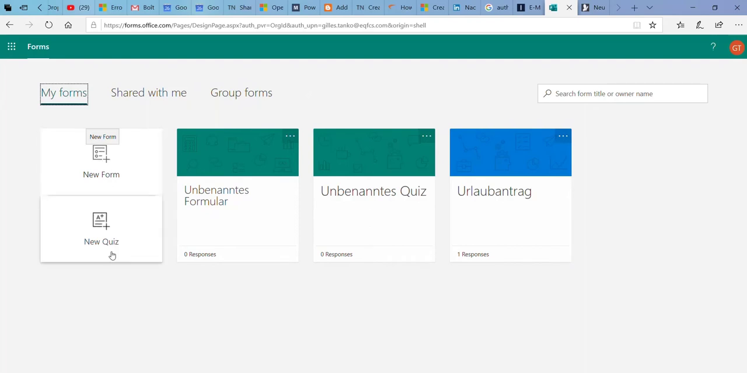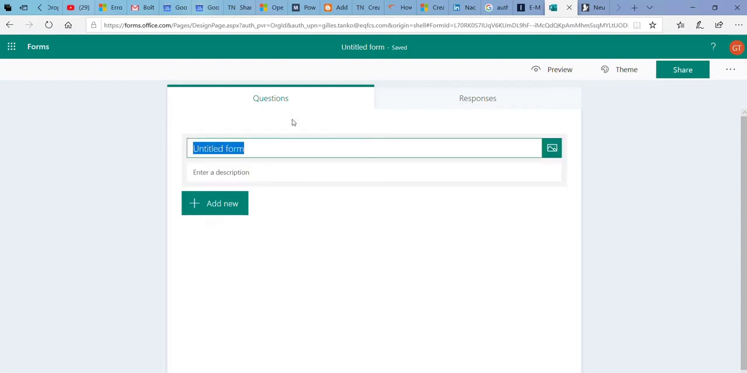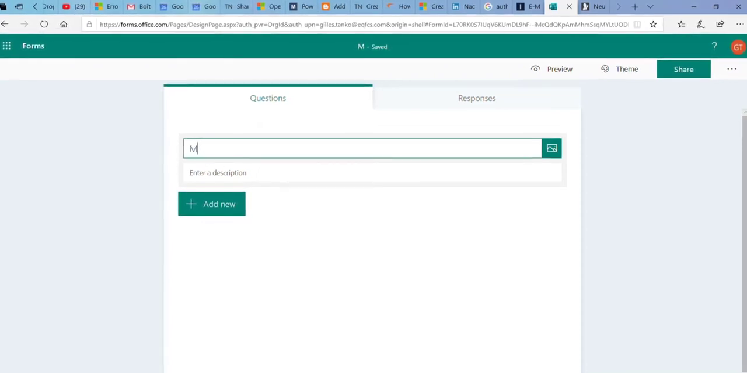new form, or I can create something like a quiz if we want to make an exercise or have some questions where we want to evaluate the different answers of different groups of people. Then we can make a quiz. But today I want to make a simple form where I will collect data about the opinion on the usage of Microsoft products. Let me say here, for example,